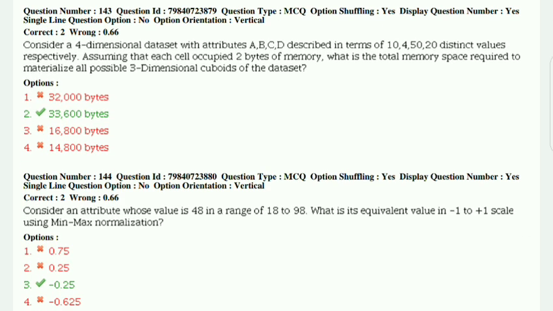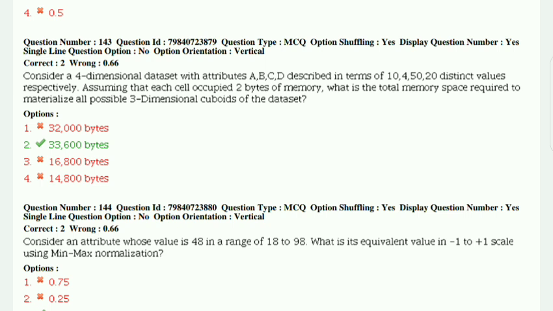Consider a four-dimensional data set with attributes A, B, C, D that are described in terms of 10, 4, 50, 20 distinct values respectively, assuming that each cell occupies 2 bytes of memory. What is the total memory space required to materialize all possible 3D cuboids of the data set? So here the correct answer is